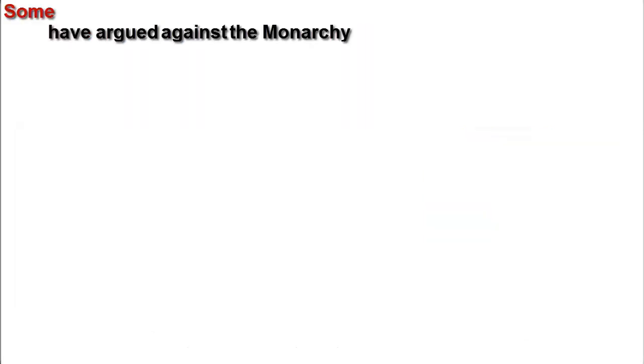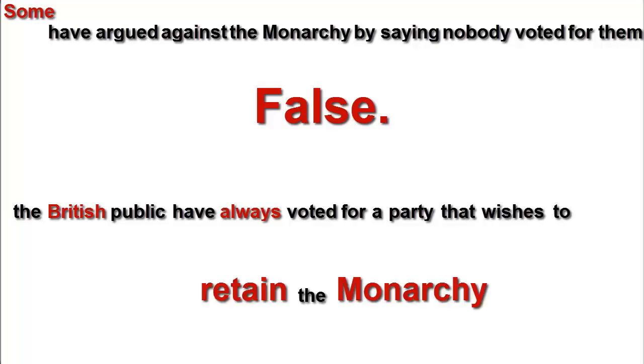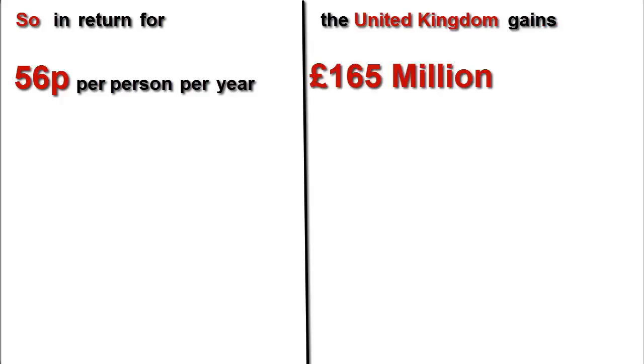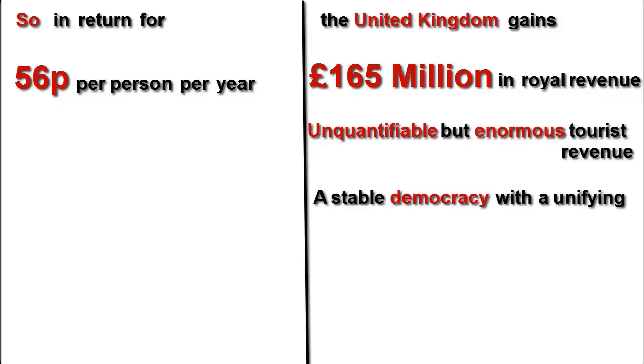Some have argued against the monarchy by saying nobody voted for them. False. The British public have always voted for a party that wishes to retain the monarchy. So, in return for 56p per person per year, the United Kingdom gains £165 million in royal revenue. Unquantifiable but enormous tourist revenue, a stable democracy with a unifying head of state, proud to be British pageantry and